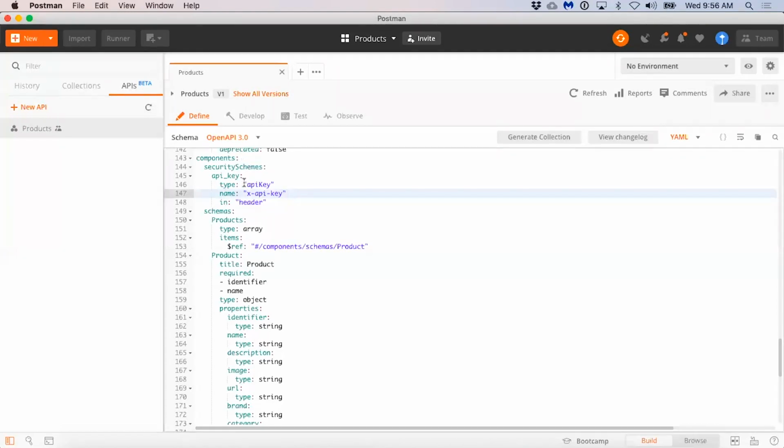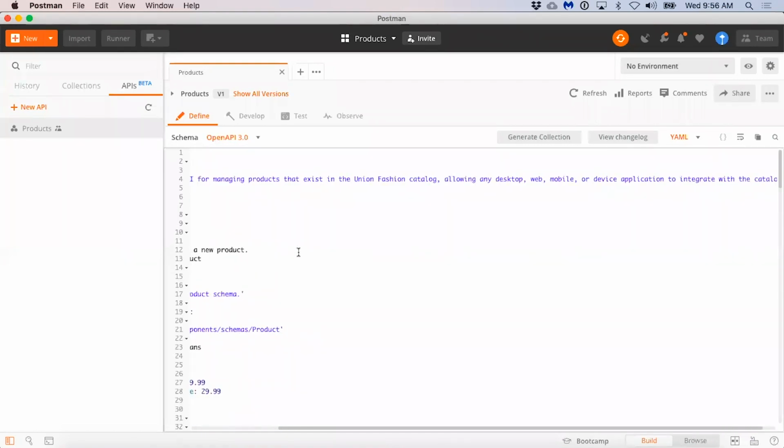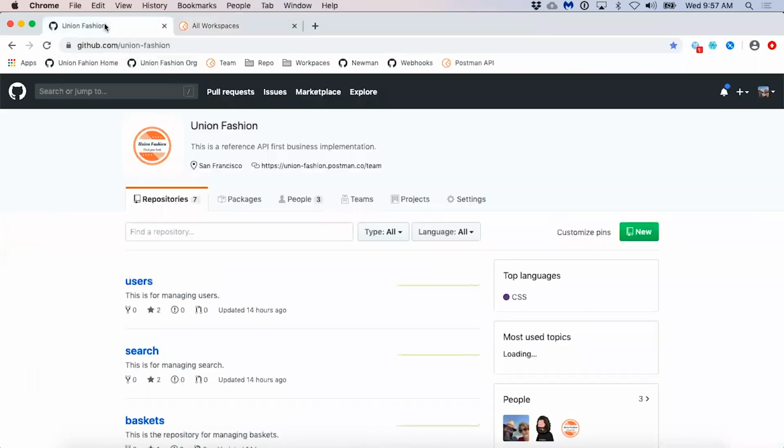Also, because we're using OpenAPI 3 and we've chosen to sync our APIs with GitHub, all of our APIs are synced, allowing us to stay in tune on the GitHub repository.